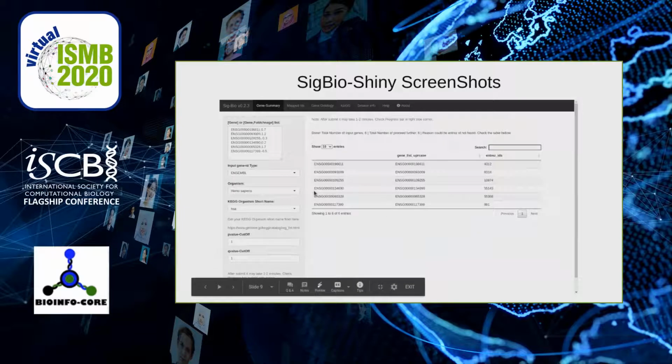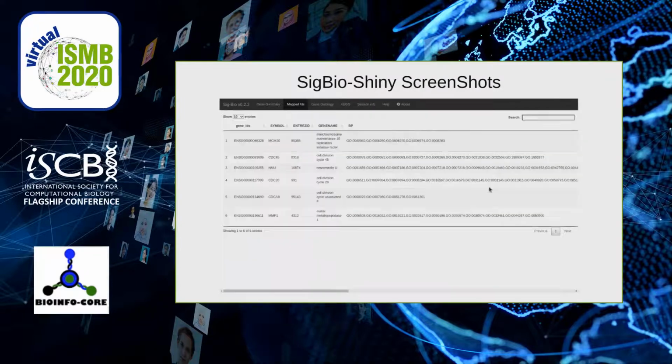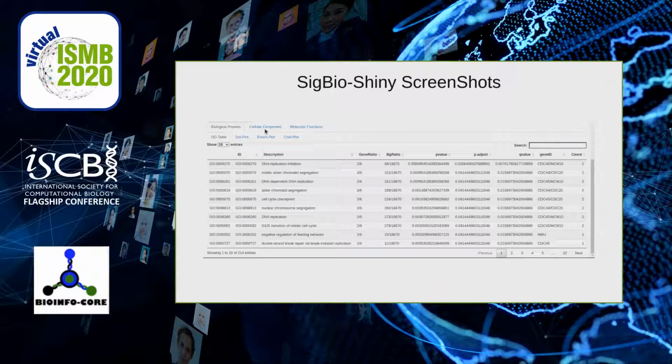So this is how the home screen looks. Here you input your genes and your organism and some cutoff values, and then it processes the data and converts it into Entrez IDs. Then this is how your different mapping IDs look: symbols, gene names, and biological process. So this is how your enrichment results look.